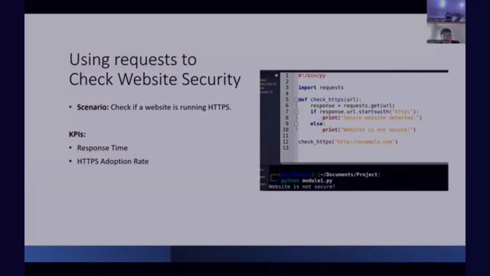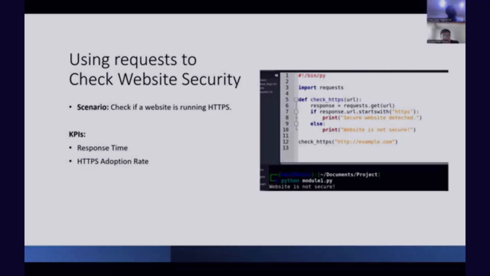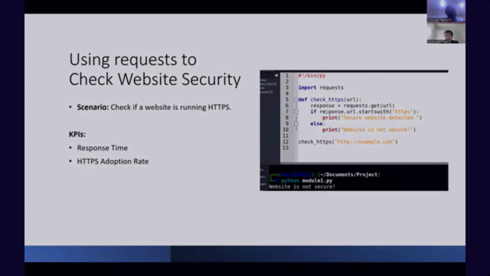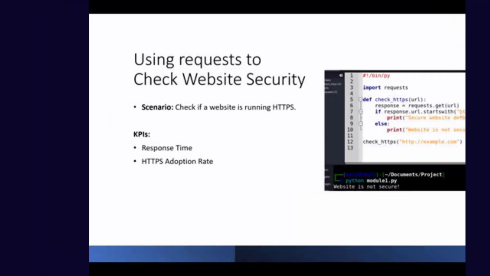The first scenario is using requests to check website security. So we check if a website is running HTTPS. KPIs include the response time and the HTTPS adoption rate. Here we import the requests module, and we define check_https with URL as a parameter. Then response is requests.get(url), and if the response.url starts with